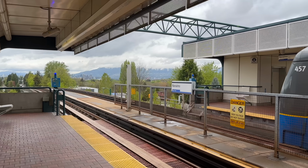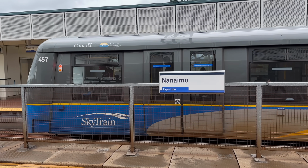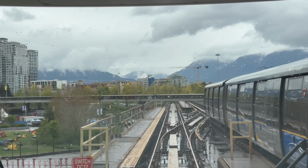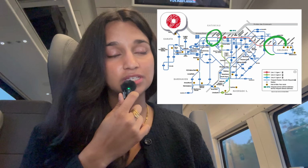Finally, the suburbs. The Skytrain connects Vancouver to several suburbs such as Burnaby, Surrey, Coquitlam, and Richmond, but there are still areas that have virtually no coverage, like the North Shore, South Surrey, and Langley, at least until the Expo Line extension is finished. While the O-Train reaches some of Ottawa's suburbs, like Westboro and the edge of Orleans,